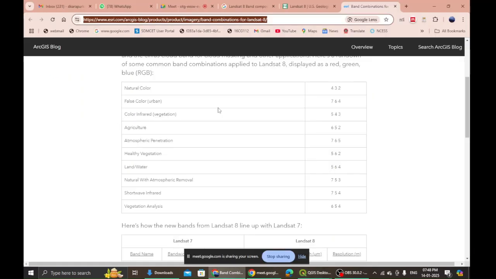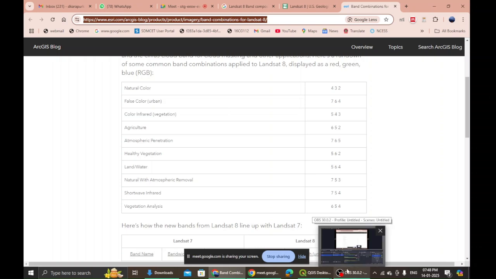Now this is not the only table. There are multiple other figures or these stacks or these composites that you can find on the internet. There is just no end to it. These are only a few that we are looking at. If somebody is from earth science and wants to see different types of lithologies, there is a combination for it. Accordingly, you may just explore on Google and you will find many more.